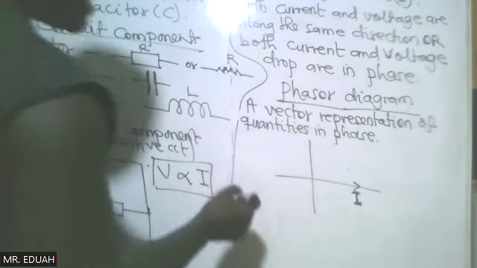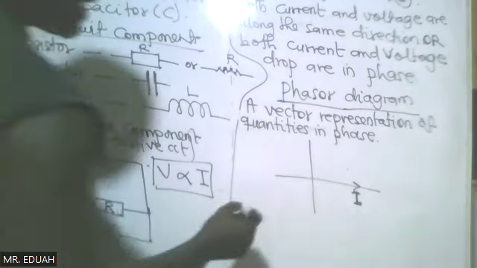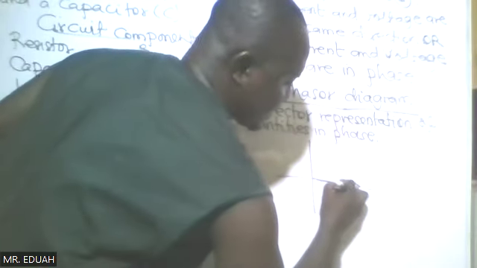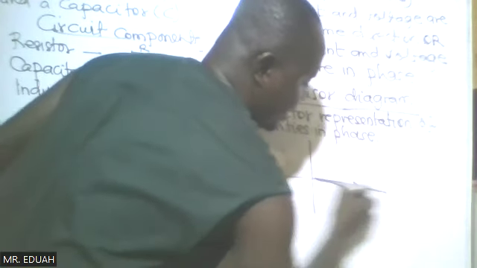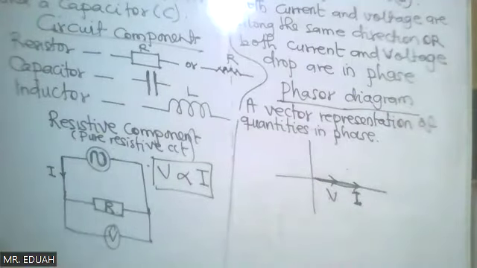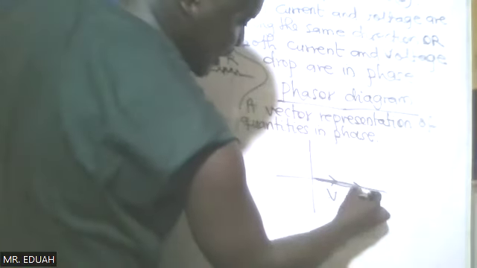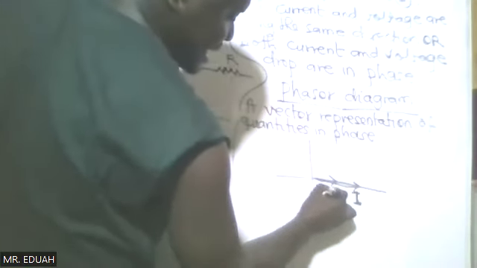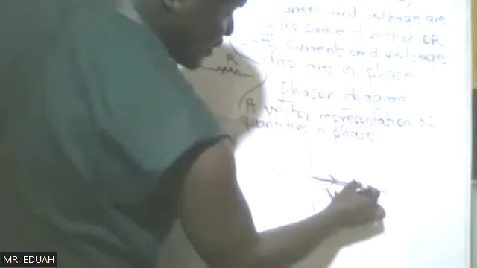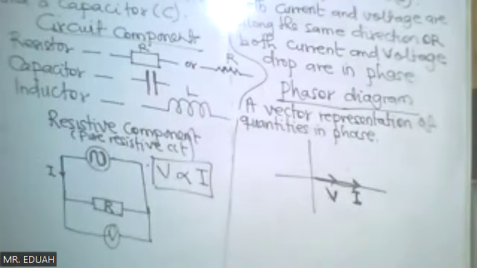Then the voltage is also along the same direction. So this arrow is for the current, and this arrow is for the voltage, in the same direction,